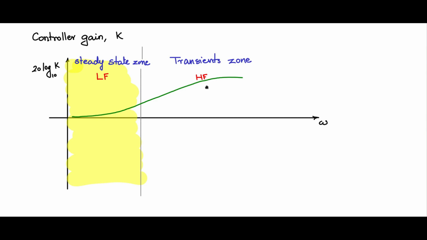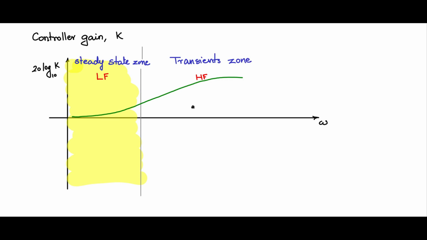I have drawn here a curve, a green curve, and this is the noise curve. See from here that the noise is low in the low frequency region and the noise is more in the high frequency region. The systems are more sensitive to noise in the high frequency region.